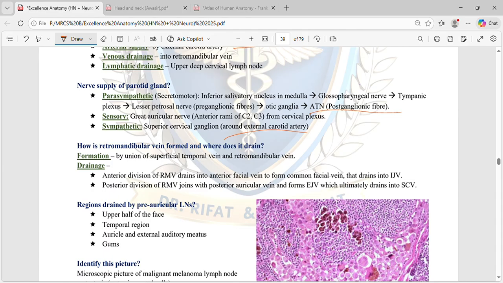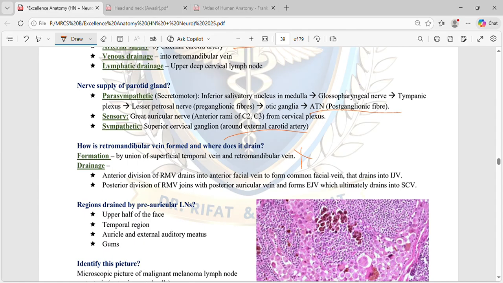How is the retromandibular vein formed, and where does it drain? By the union of the superficial temporal vein and the retromandibular vein. No, this is wrong. The retromandibular vein is formed by the superficial temporal vein and the maxillary vein, and these combine to form